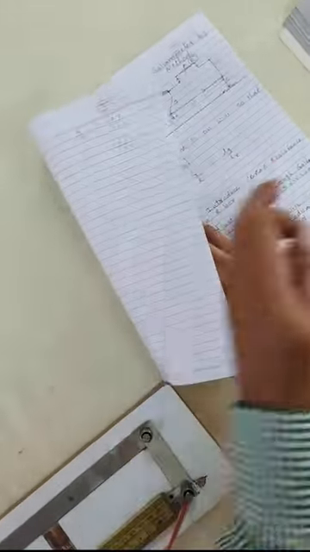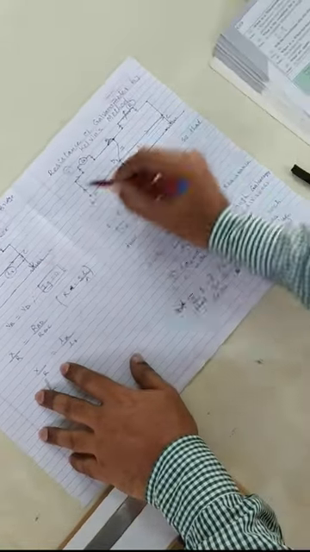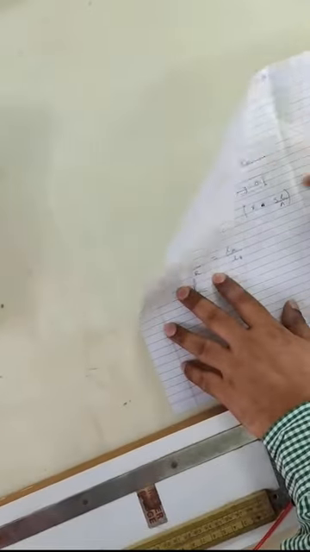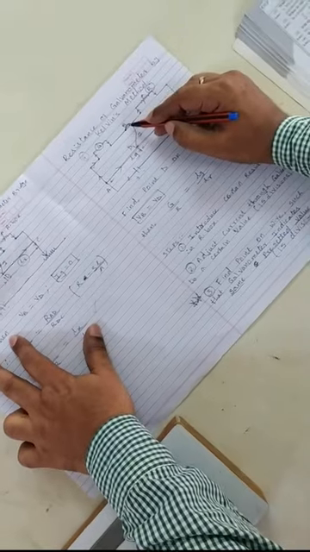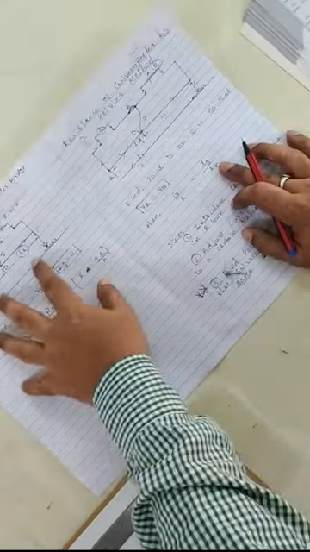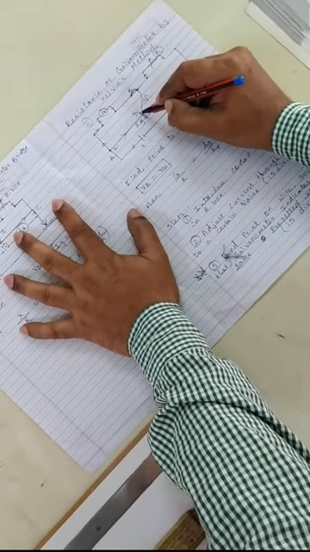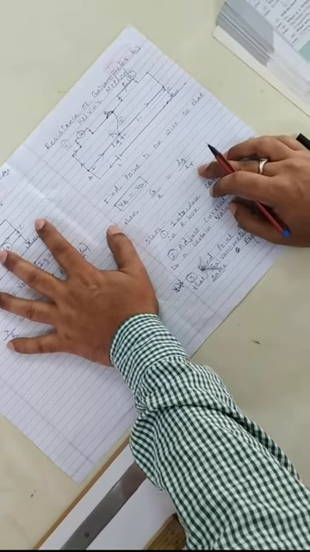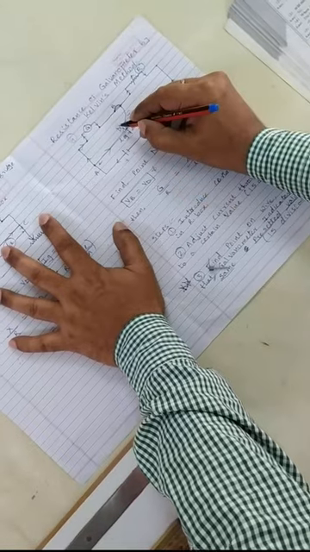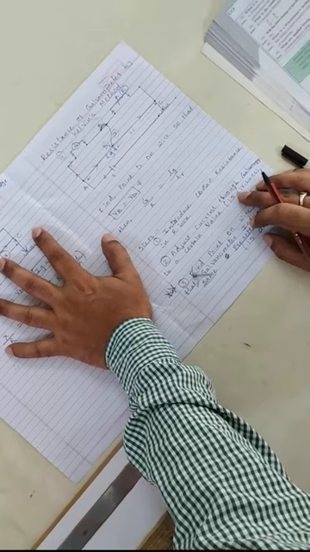The method is the same, the only thing is we do not connect a galvanometer between point B and D. In this case we are not connecting a galvanometer between point B and D. Though the working of the jockey is the same, that is we use a jockey so as to find point D on the wire, so that the potential at point D is the same as at point B.